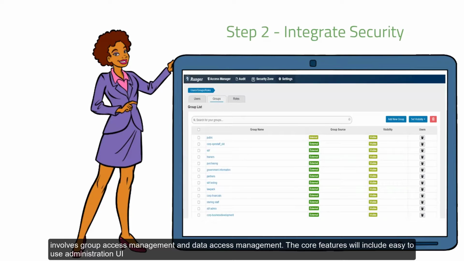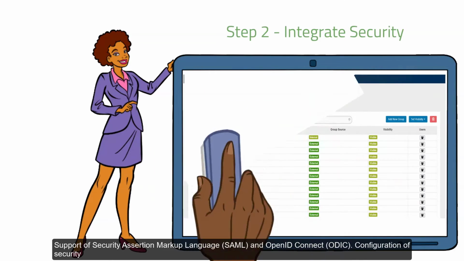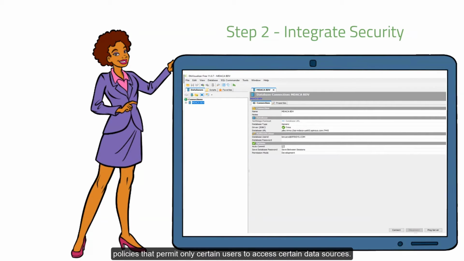The core features will include easy-to-use administration UI, integration with enterprise authentication and authorization, support of both Kerberos and standard-based single sign-on, support of Security Assertion Markup Language and OpenID Connect, configuration of security policies that permit only certain users to access certain data sources, securing data access as well as row and column level access control, and finally, providing advanced and configurable audit and logging capabilities.